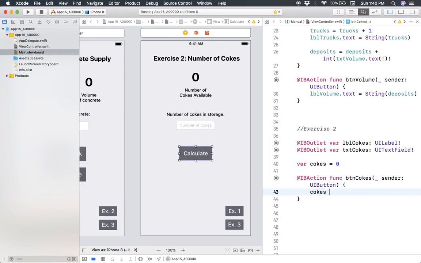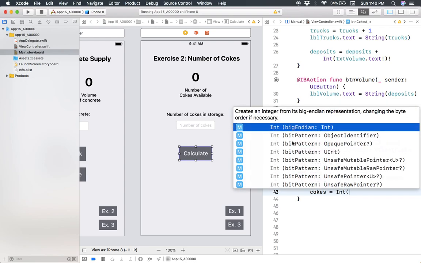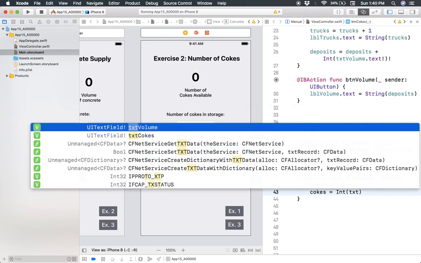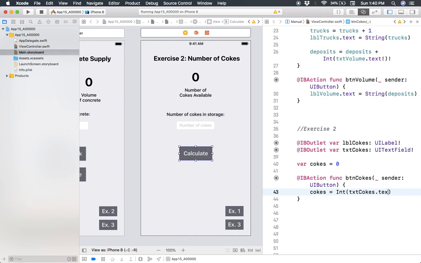Cokes is going to be equal to the integer of whatever the user inputs. So txtCokes.text, boom. And if Cokes is less than 100, then we're going to open our brackets. Cokes will be equal to Cokes plus 1,000,